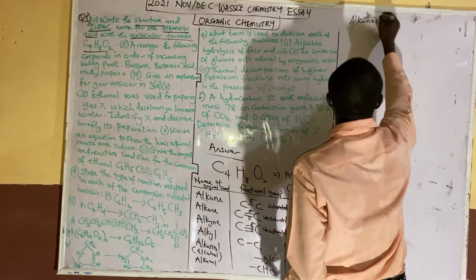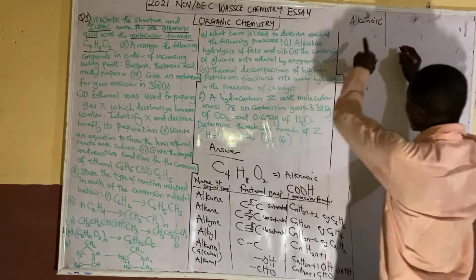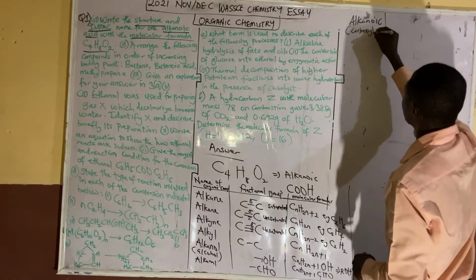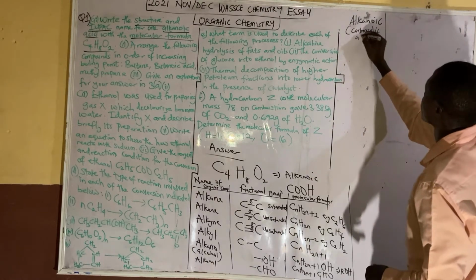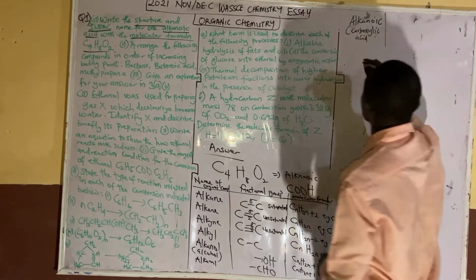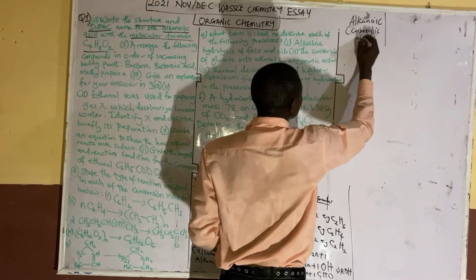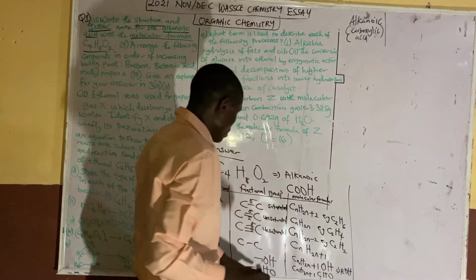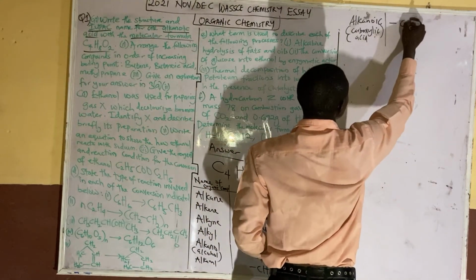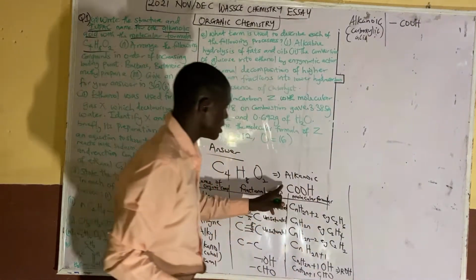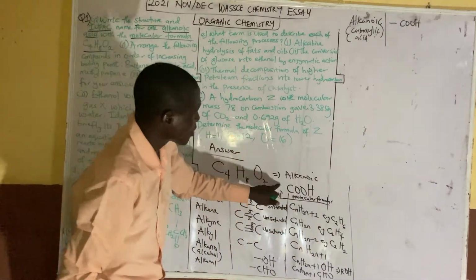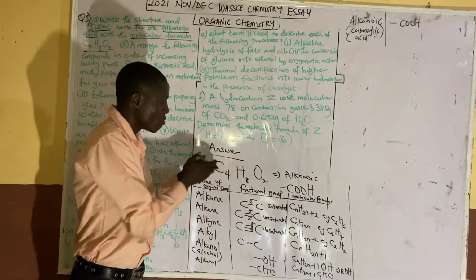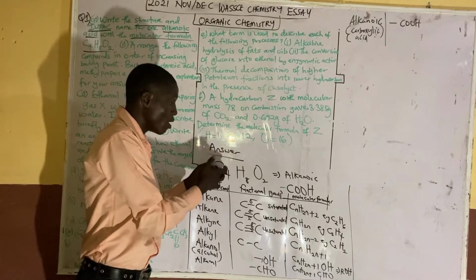Also we have the alkanoic, which is the one that we are asked to do now. Alkanoic, the common name is carboxylic acid. Another name for alkanoic acid is carboxylic acid. The functional group of carboxylic acid is COOH. So that's why I wrote it the other time here. Alkanoic acid contains COOH. So when they say write the structure for C4H8O2,